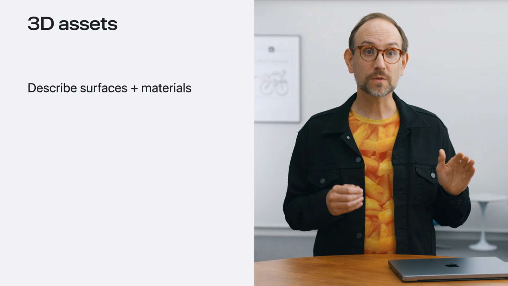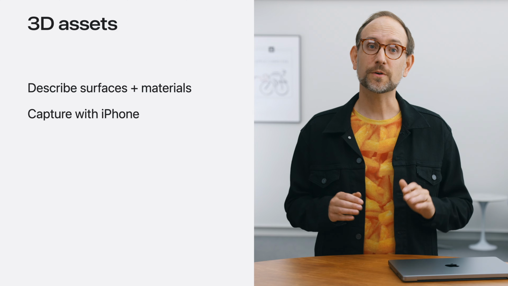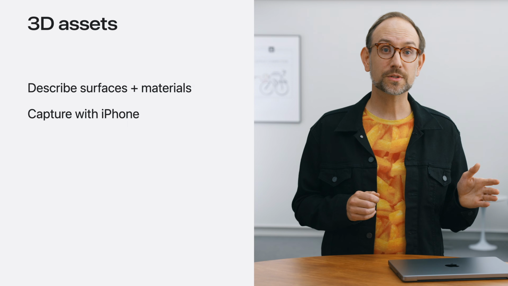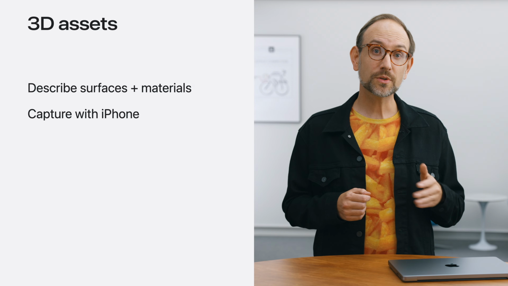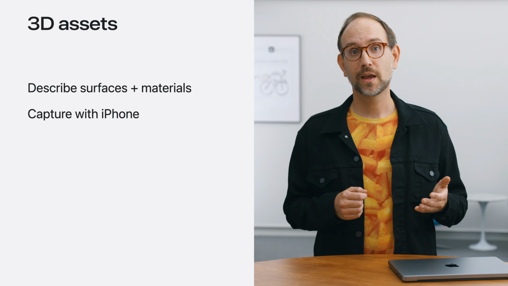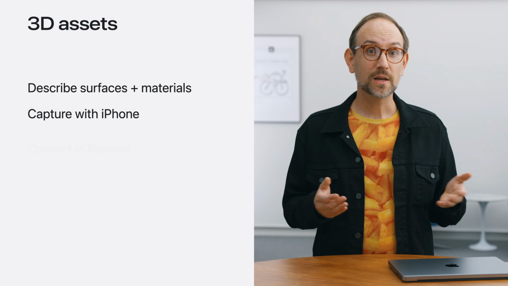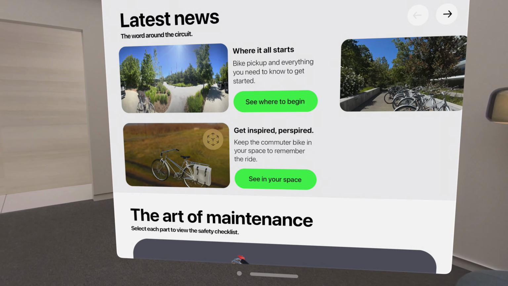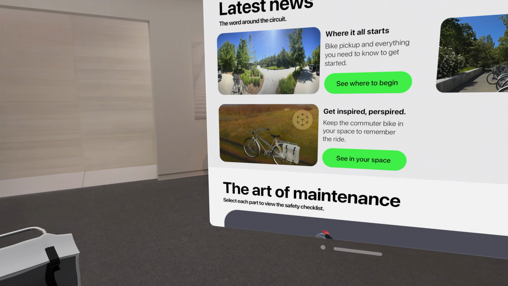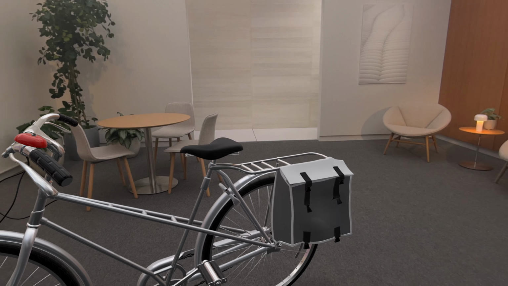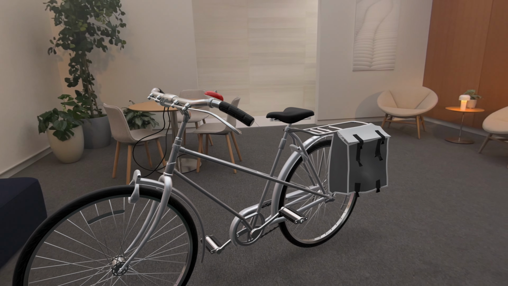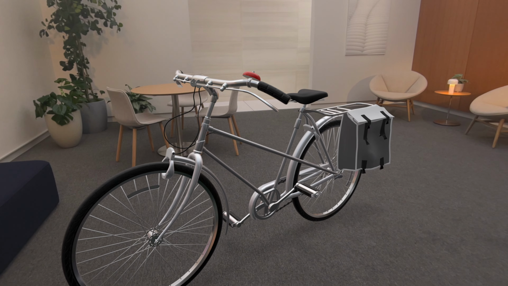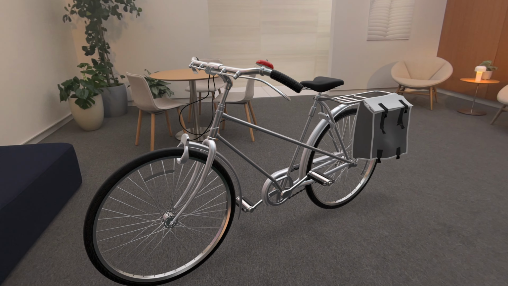You can make beautiful 3D captures using just your phone, running apps like Reality Composer to do object capture. You can also use models you buy or find online, and if they happen to be in another format, the conversion tools are now built right into Preview on your Mac. Circular Cyclist has a Quick Look model of the Apple commuter bike I can keep in my room as a reminder to stay active, and seeing it at real scale is a tangible reminder of what it feels like to get out and ride, without annoying my coworkers and adding a potential tripping hazard to my office space.